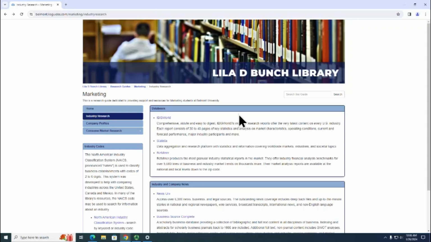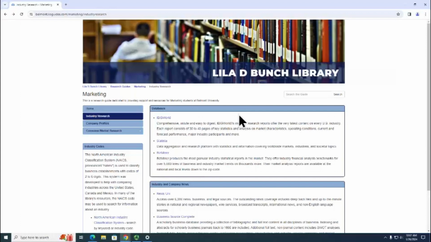Today, we're going to be talking about IBISWorld and its specific application to the Principles of Marketing course. IBISWorld will be very helpful when it comes down to industry research. So for example, if I'm interested in ice cream stores, what IBISWorld is going to tell me is what are the general trends happening throughout the nation when it comes to ice cream stores. You can also get sometimes state data as well, but those general national trends are what we're going to primarily